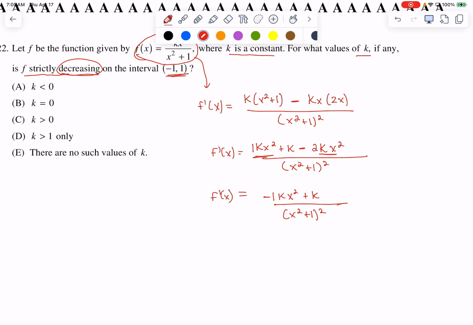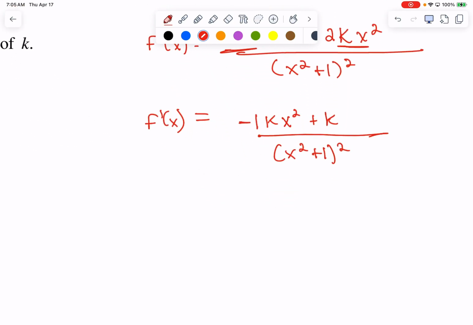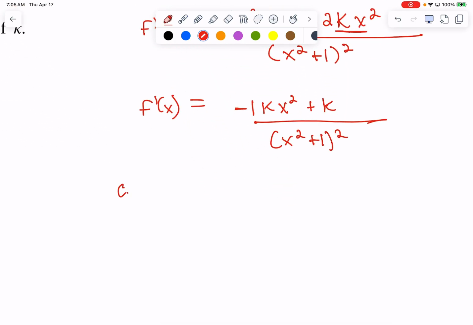If I want to do a sign analysis for the first derivative and figure out where it's increasing and decreasing, I got to know critical values. Critical values for f prime is where the first derivative equals 0, which is where the top would equal 0. So negative kx squared plus k equals 0. And then where the first derivative is undefined, which is a point of non-differentiability for the original function,